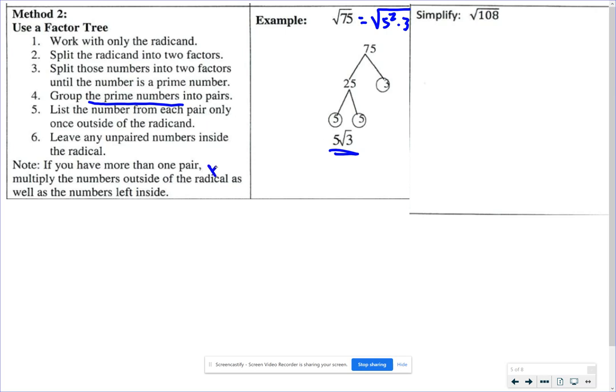And if you have more than one pair, the numbers that are coming outside are multiplying with each other, not adding. And the numbers that stay inside multiply back together as well. Okay, square root of 108. So we're going to do a factor tree for